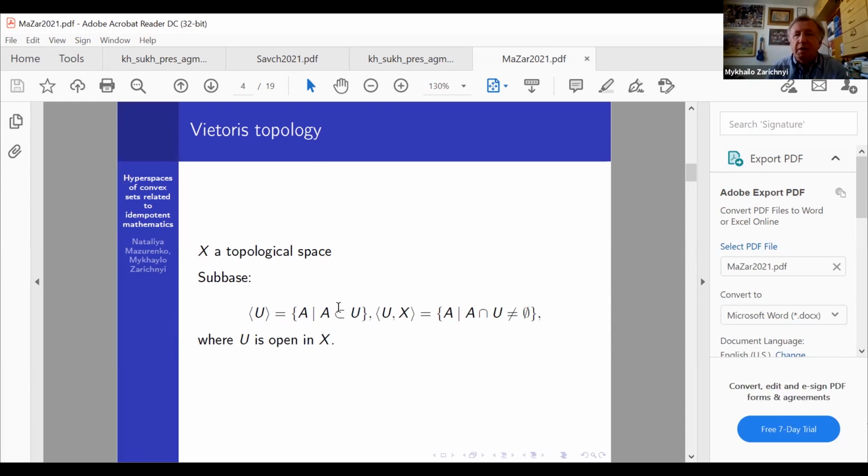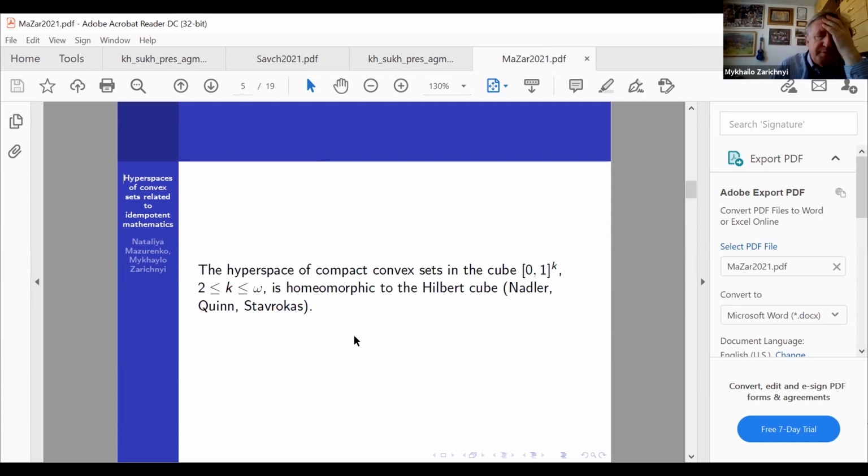So this is a hit and miss topology. Hit an open set, and miss a closed set, I mean. Miss a closed set, this is to be contained in the complement, where U is open in X. Other topologies on the hyperspace are also considered. I will mention them later, but now I will recall a classical result, at least it is a known result,